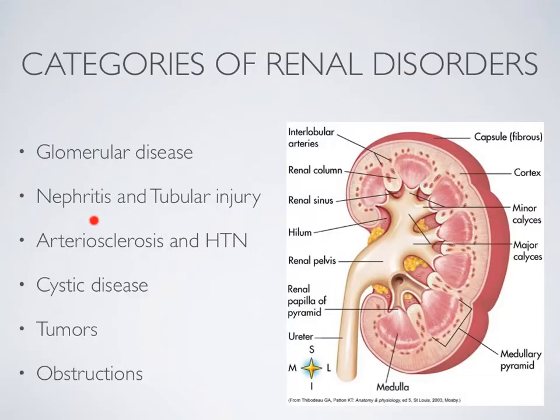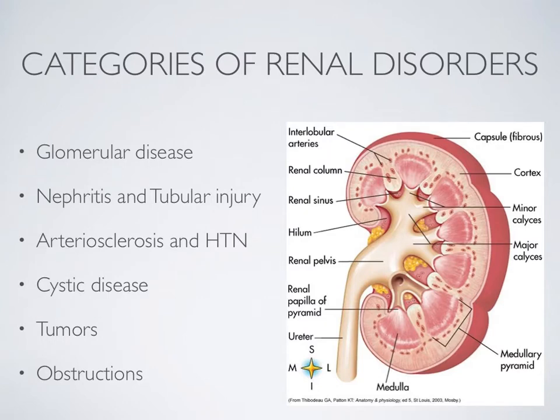Arteriosclerosis and hypertension are the main causes of chronic kidney failure. So this is hardening of the arteries and arterioles in the kidney, and you can imagine the effect that would have on kidney function. A small group of diseases called cystic diseases that we're not going to talk about, but